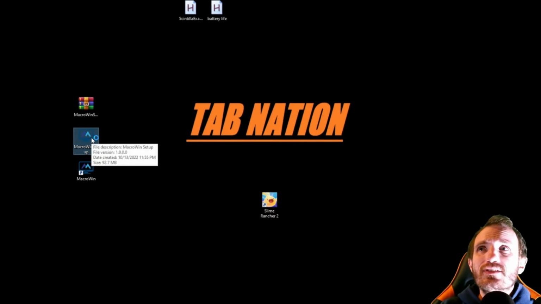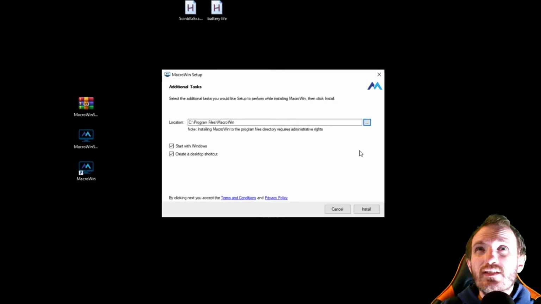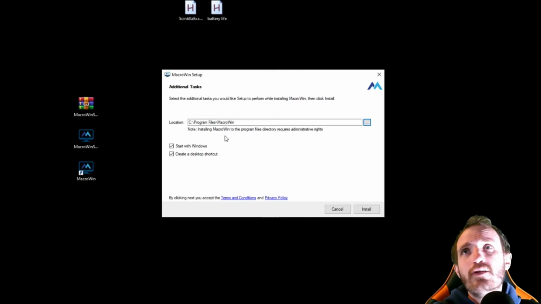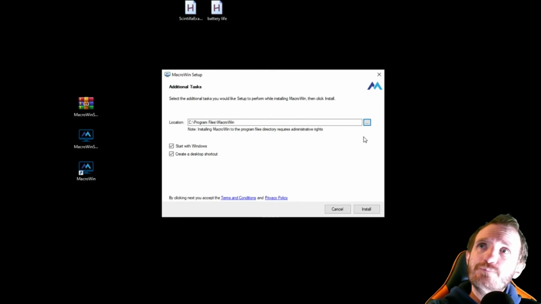This is one of the simplest install GUIs I've ever seen. A lot of them, it's like 5 different screens before you finally get to the actual install button. But as you see here, you're going to pick the location of where you want to install it. I recommend just keeping it where it is, Program Files. That's where it should be, honestly. But if you need it to go somewhere else, obviously change it by clicking these 3 dots.